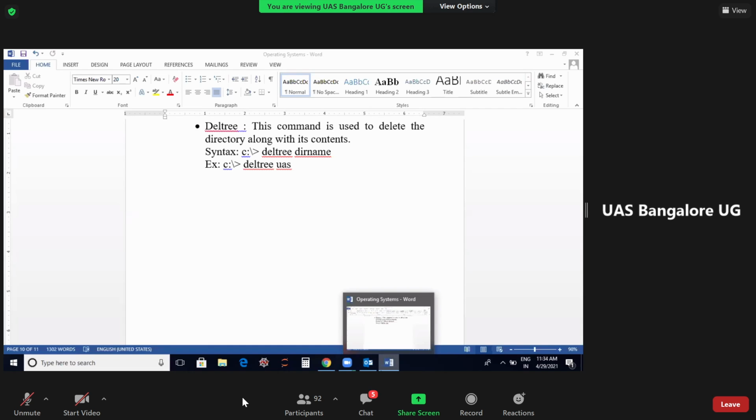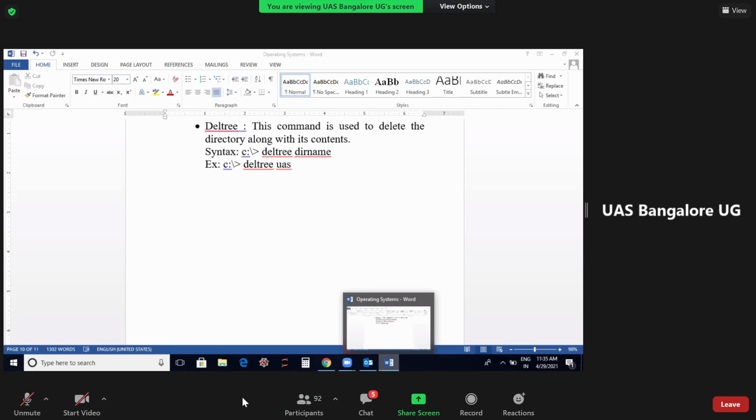Ma'am, can we use the deltree command in place of the RD command, the remove directory command? Yeah, you can use it, but this is an external command. Remember that. Then what's the difference between this and that, ma'am?